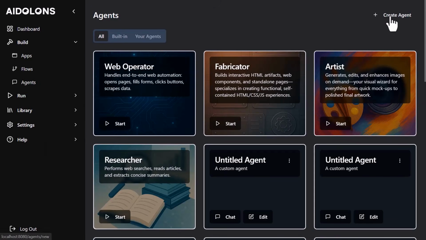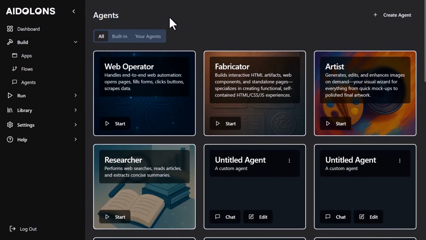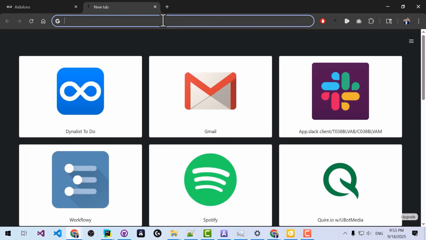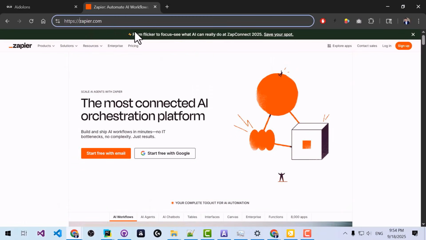All right, so I'm going to create an agent, but there's a step that I need to do before creating the agent. All right, so currently I'm on Aidolons.com, but I'm going to jump over to Zapier. Now, if you don't have a Zapier account already, it's free. You can create one at Zapier.com. But once you have your account created, we really want to go to